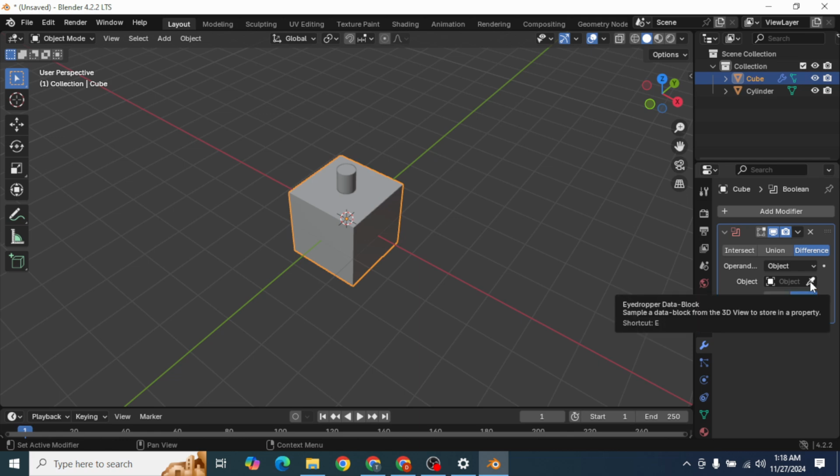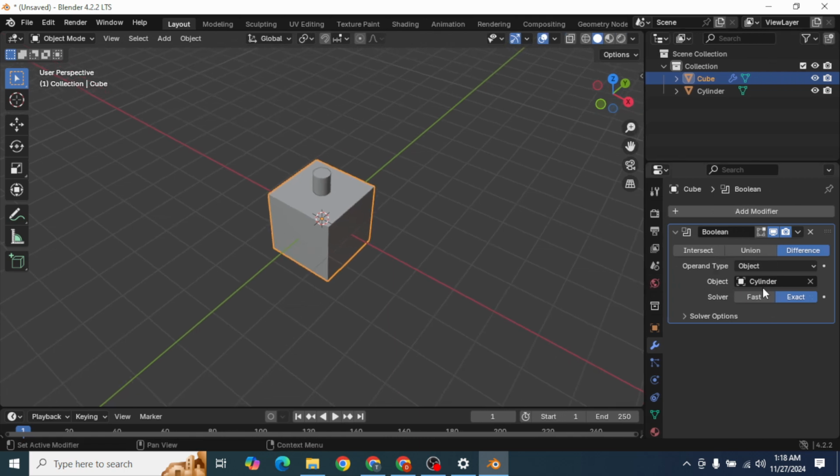So press object, you will get a pen like tool. With that select this cylinder. Okay, in object you can find cylinder is added. Okay, now apply this modifier